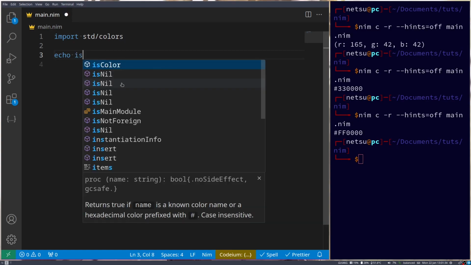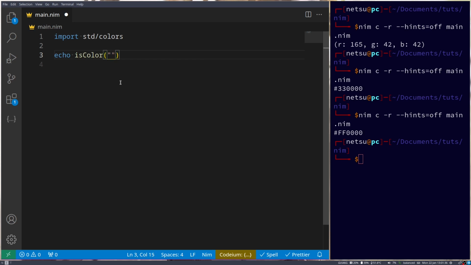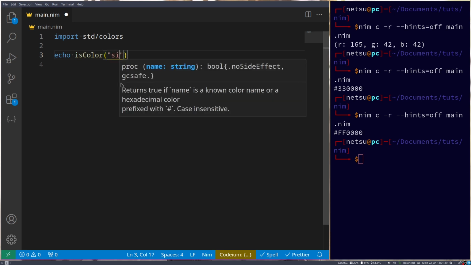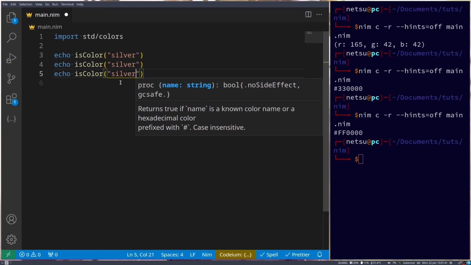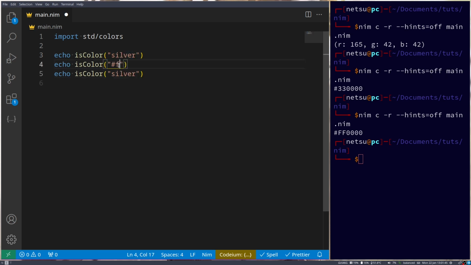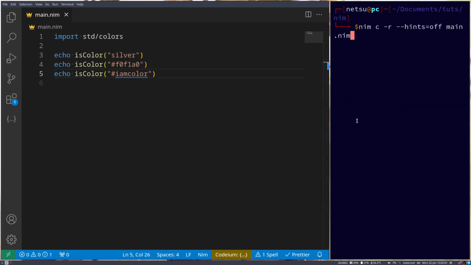You can also check if something is a color by saying is color and inserting a string such as silver or hashtag F0F1A0. That should work. Or even here, hashtag I am color. If we save this, we should get true, true, false, because silver is actually a valid color. This here is a valid hexadecimal color, but this here is not a valid hexadecimal color, so it will not